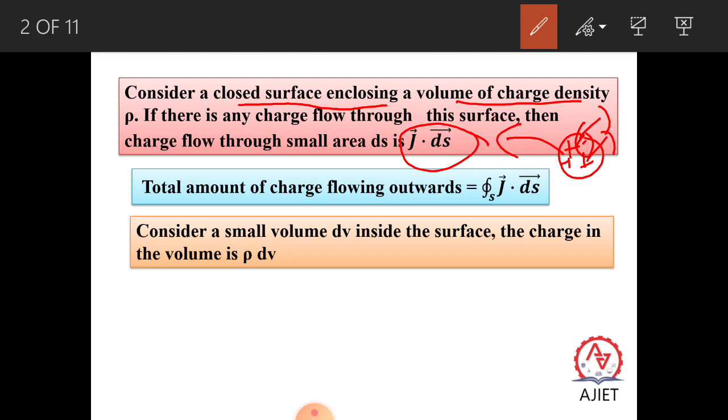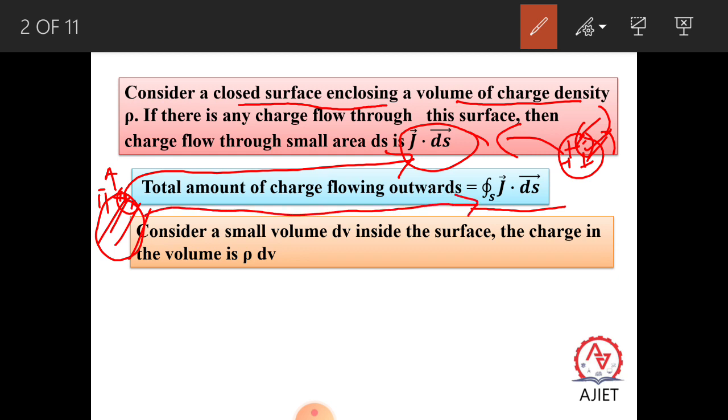Total amount of charge flowing outward: the total amount of charge coming from this surface is given by the closed integral of J dot ds. If you consider one small volume and a small area, the charge coming through the small area is J dot ds. When you consider the total charge coming out from the entire volume, it is given by the closed integral